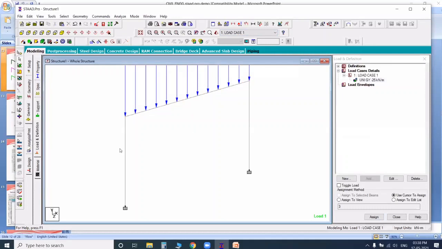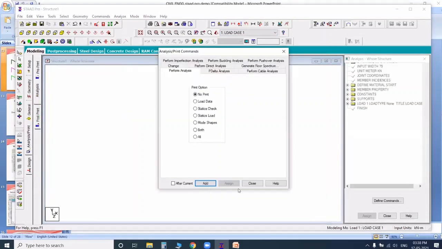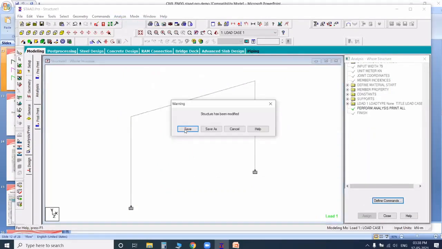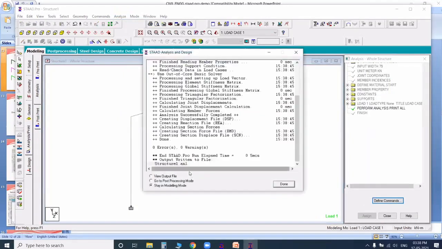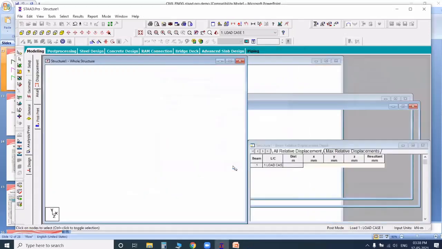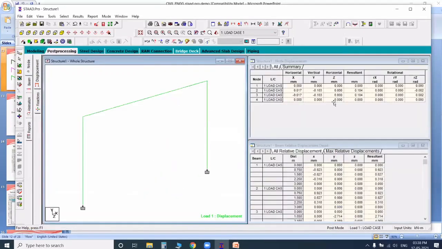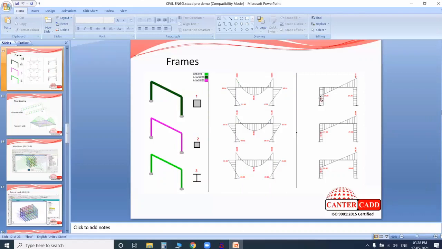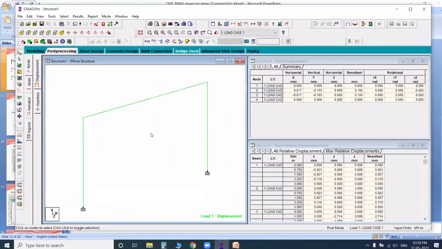Now I go with the analysis, all, add, close, analyze, run analysis, save. This is the procedure for your frame structures. Okay, so here we have values and a little bit of diagram, right? So for that purpose, select the beam cursor. Here, observe above, the RAM connection above, we have a toolbox,